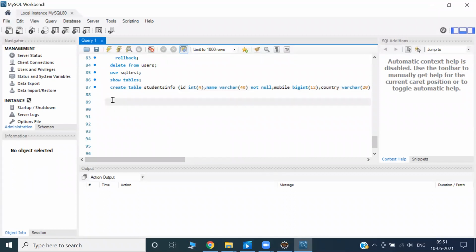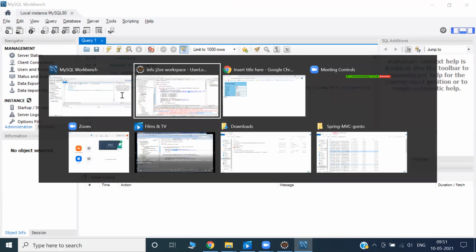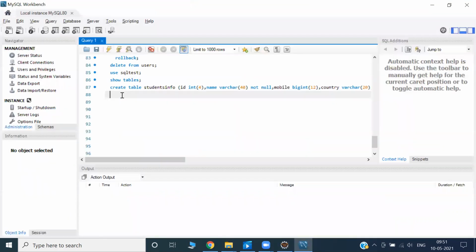If I select star from user table, it won't work because I am not inside a database right now. I have to go into the particular database where the table is. I don't know what the database name is, but I know SQL test. Okay, directly we can go into this.